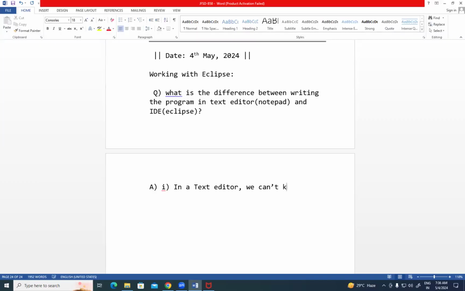We cannot know the syntax errors until we compile the program. We can't know the syntax errors until we compile the program. But